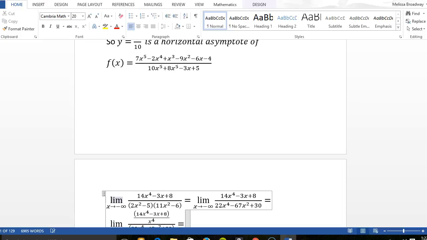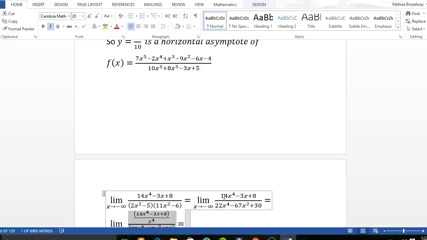Hello again. In this video, we're going to do a horizontal asymptote example and take a limit as x goes to negative infinity. I could have just as well gone to positive infinity, but I chose negative just because. But anyway, let's get started. Follow my cursor. The limit as x goes to negative infinity of this numerator here over this denominator here equals,